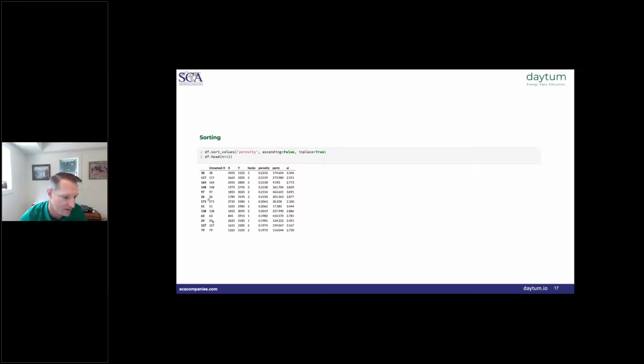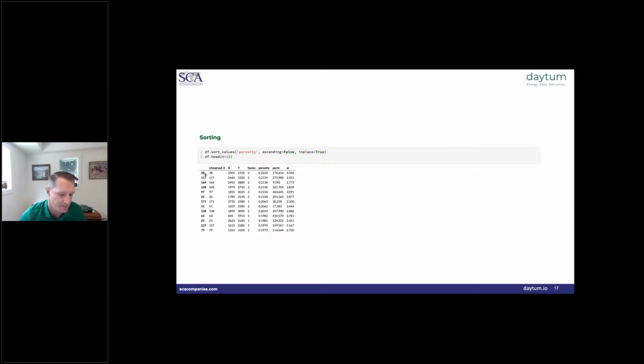But nevertheless, you can see that instead of ordering them monotonically increasing like they were before, now they've been jumbled up, and that's because the porosity column has been sorted in descending value. So the highest value of porosity is at the top, down to the lowest value. And all of the other columns followed that same sorting procedure, just like in Excel, if you wanted to do that.